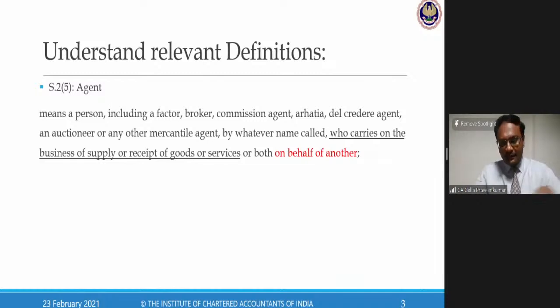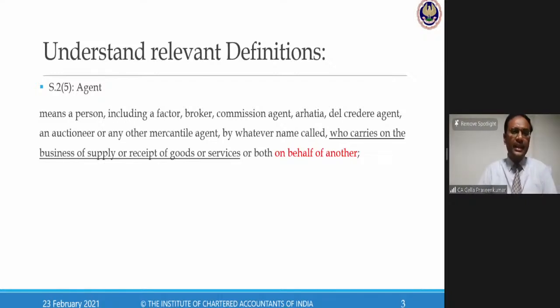Now, the first definition is called agent. Now, this term agent is very important from the registration point of view. Reason, it has got multifaceted nuances of this particular registration aspect. Let us understand the definition of agent, which says